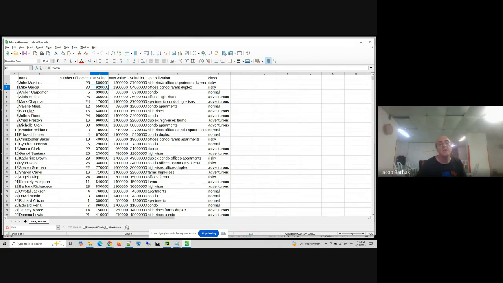So you have to convert all of those numbers into some sort of record. And notice specialization is very special because you have to convert this text, and this text is actually composed of things like high-rises, offices. So basically it's what we call one-hot data or binary data. You have several classes here, and you want to transfer those multiple classes into a one-hot representation or multi-class representation. So the system will do it for you automatically. We're going to show it later, but you have to figure out how to do it.